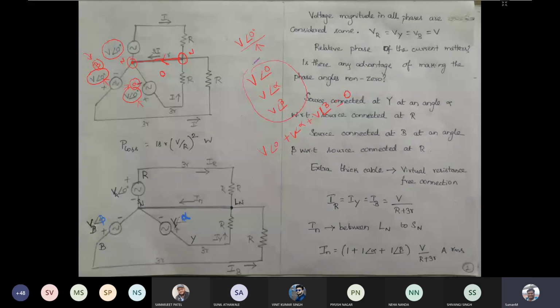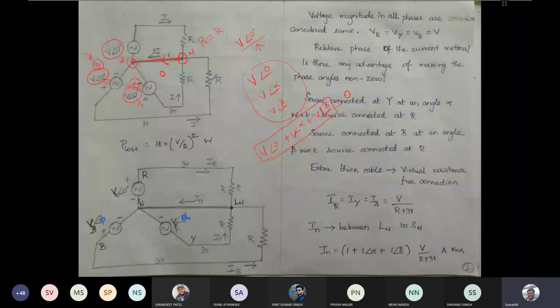Balanced load, you can consider it as a balanced load and balanced system. Balanced load means the load resistance of all the phases are the same. If the load resistance of all the phases are the same, then you can consider it a balanced load. At that condition, the instantaneous voltage will be 0 if it is a balanced voltage, and if it is a